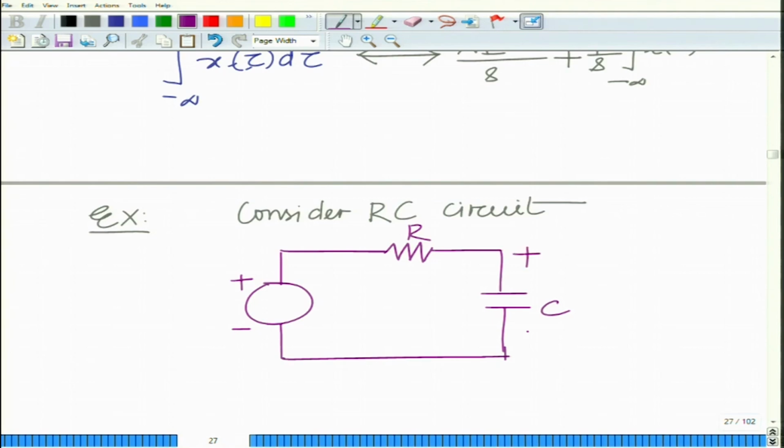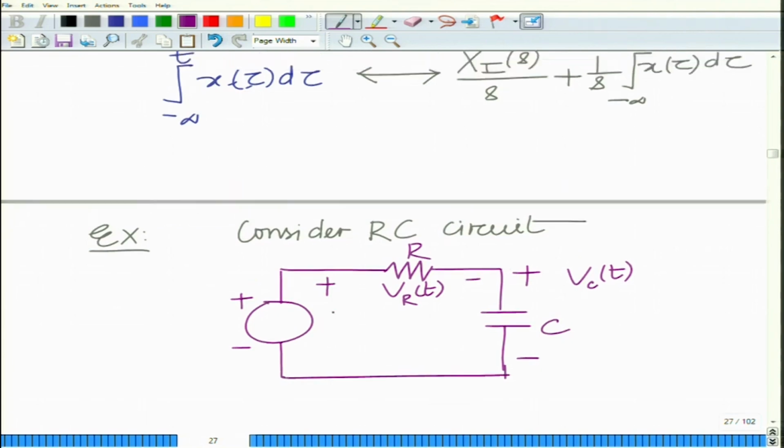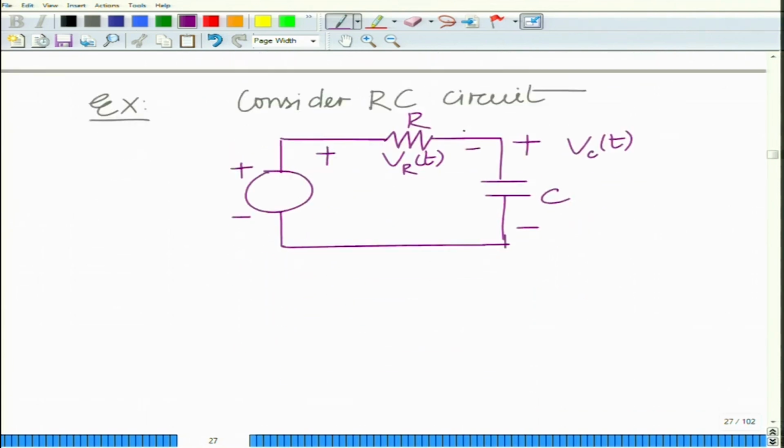Let us say vC(t) is the voltage across the capacitor, vR(t) is the voltage across the resistance, we assume a current of i(t), and the source voltage is given by